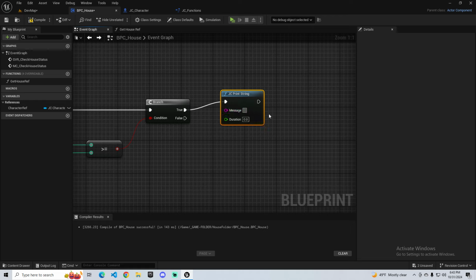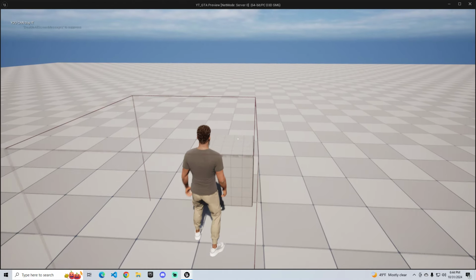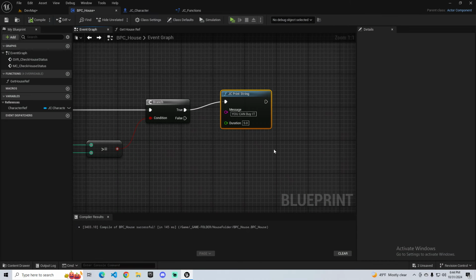I can say you can buy it. Buy it. And then duration 5. Now you would see it will print string in white. Now I don't have to keep doing whatever. I have my own version. Okay, so now let's say